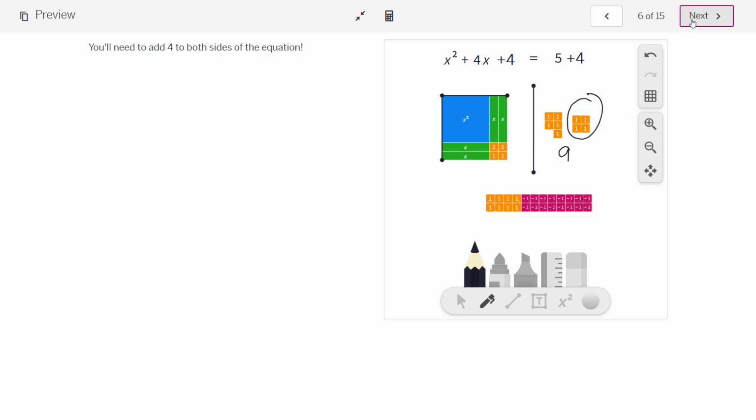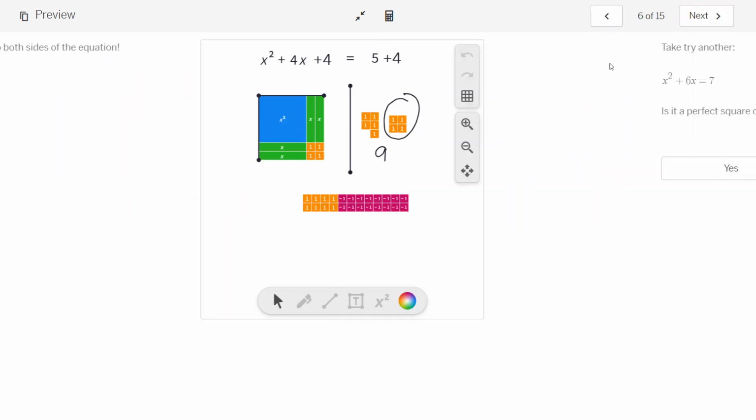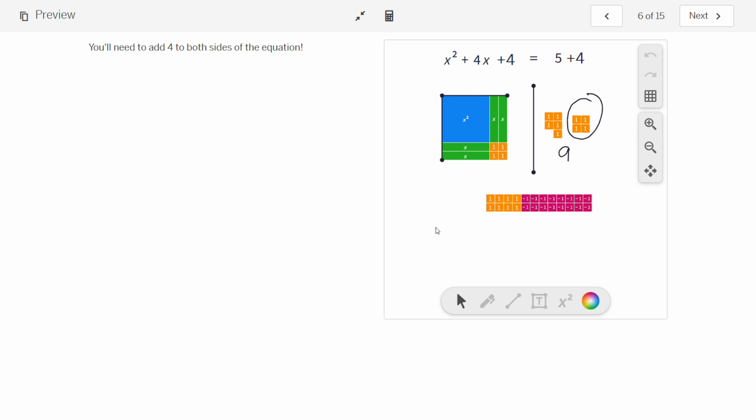So this would look like, I want to make sure, okay, that's a separate problem. So this now becomes x, so we can rewrite this equation. So we can talk about factoring this. So this is x squared plus 4x plus 4, when originally it was x squared plus 4x equals 5. Now it becomes, we've added the 4 to both sides, and now this on the left side is x